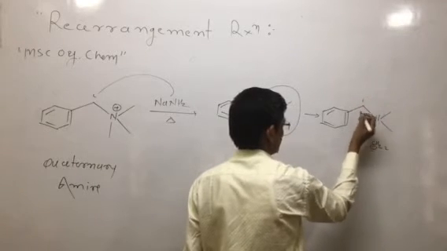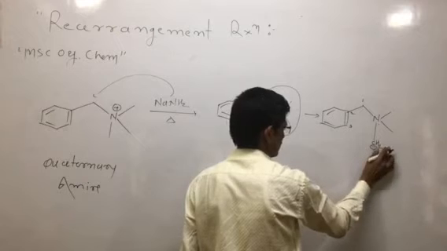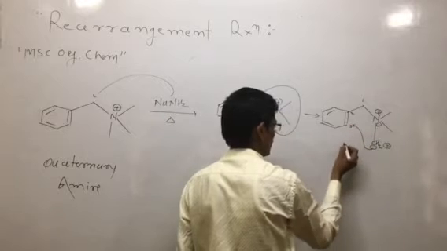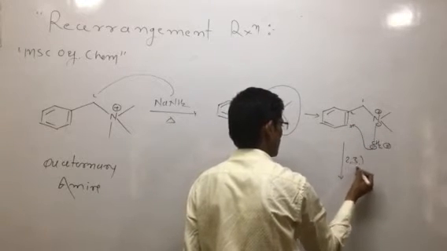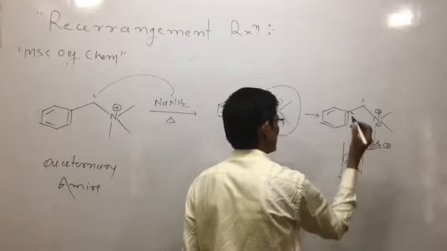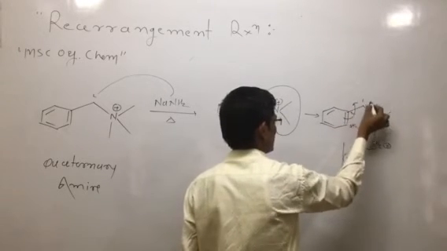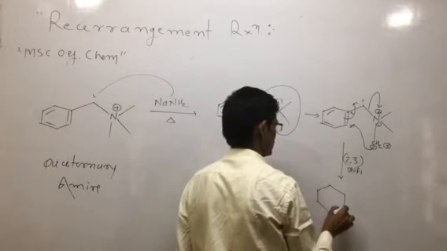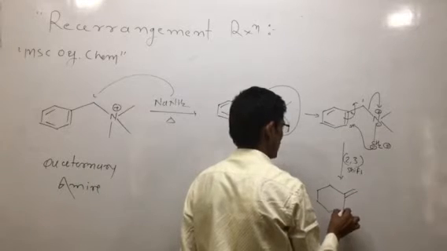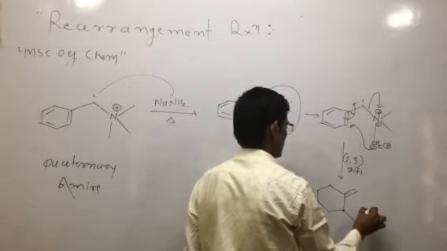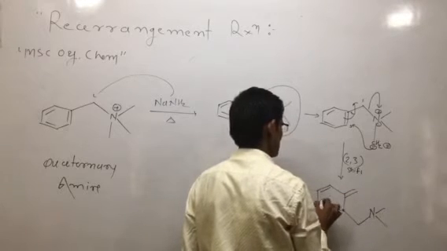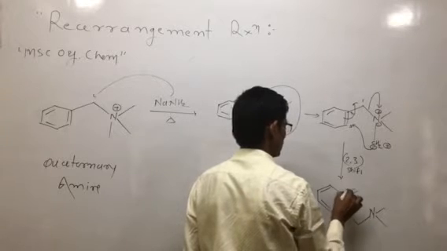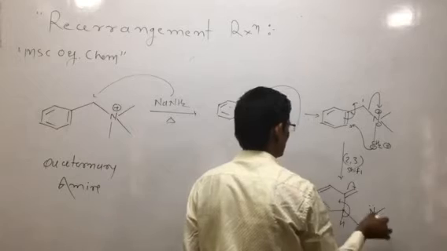Position 1, 2 and 3. So this carbanion species shifts from 2 to 3. This 2-3 shifting is possible. Then the pi bond shifts here, and this is very important. This forms a double bond here, with CH2, then nitrogen, CH3, CH3, CH2. Again, the last step is tautomerism, with formation of a tertiary amine.